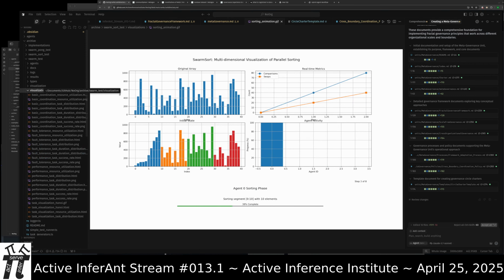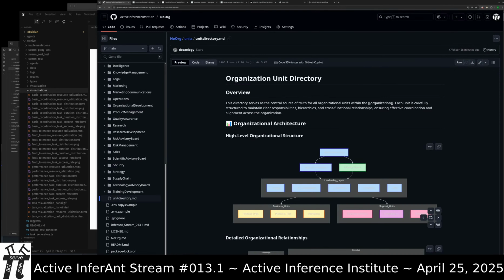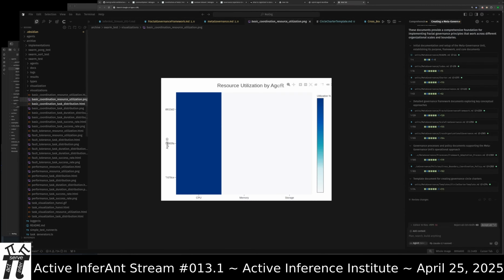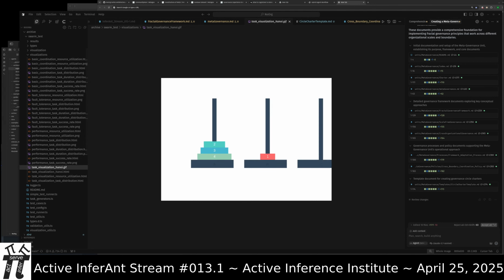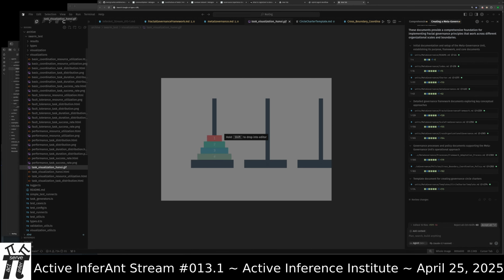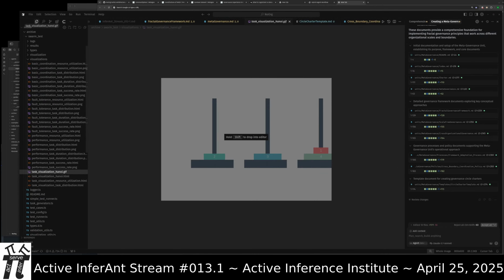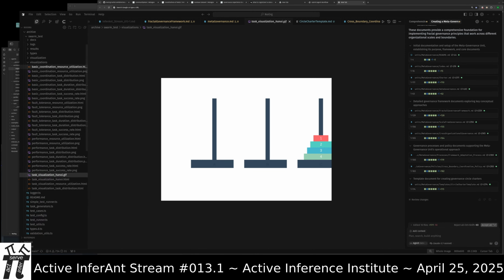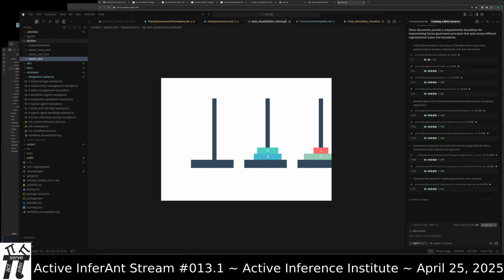This one was a test suite that was written to do a lot of the functional testing for multi-agent systems, so looking at task performances, and then it got up to doing the towers of Hanoi. So this is like a team of agents that were spun up and spun down that were playing these towers of Hanoi games. So people see that. That's in the archive.